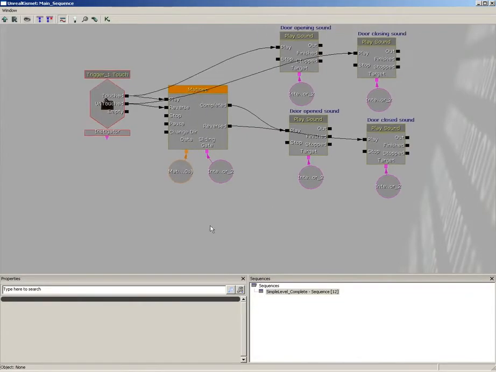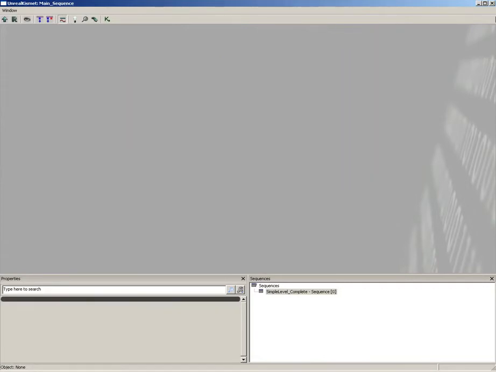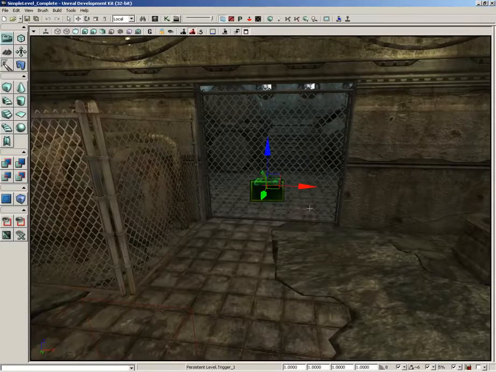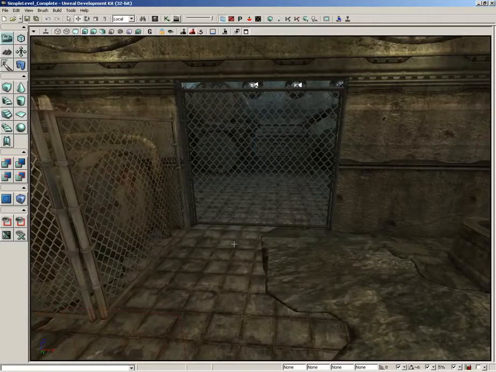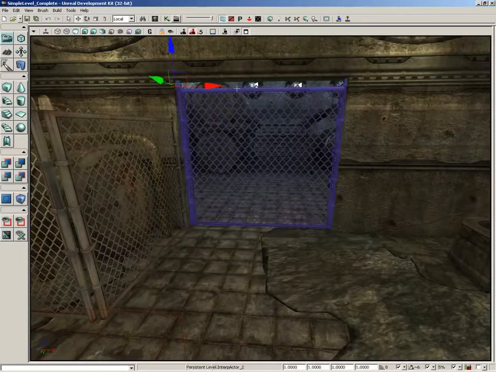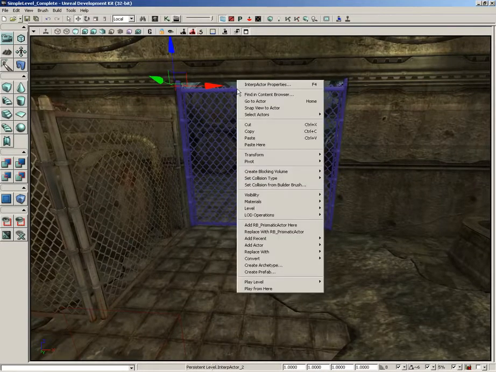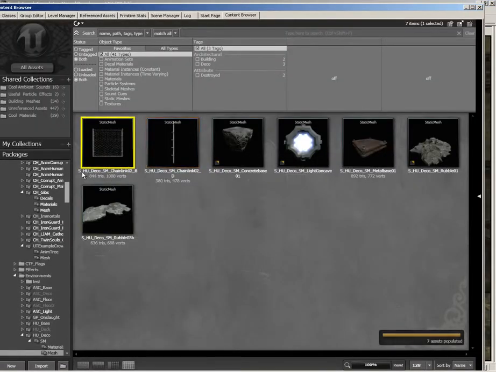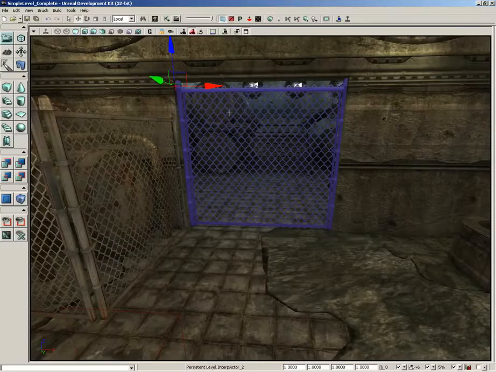We're going to jump into Kismet and grab the matinee sequence driving the gate, and I'm going to nuke it out. So now this is just an interp actor that does nothing. We can even take out its trigger. Now I'm going to select this gate actor. I'm going to right-click, and let's go to Find in Content Browser, and that's just going to select SHU Deco SM Chainlink 02B, or you could just grab that, I suppose, from the content browser, but since we've already got